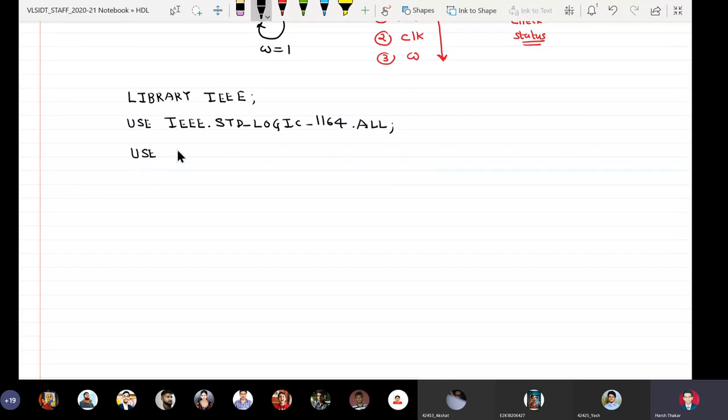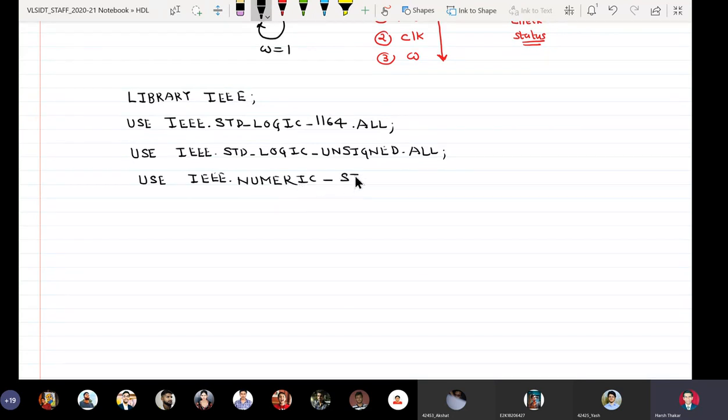And we also have a habit of writing two more statements: use IEEE.std_logic_unsigned.all, and the fourth is use IEEE.numeric_std.all.